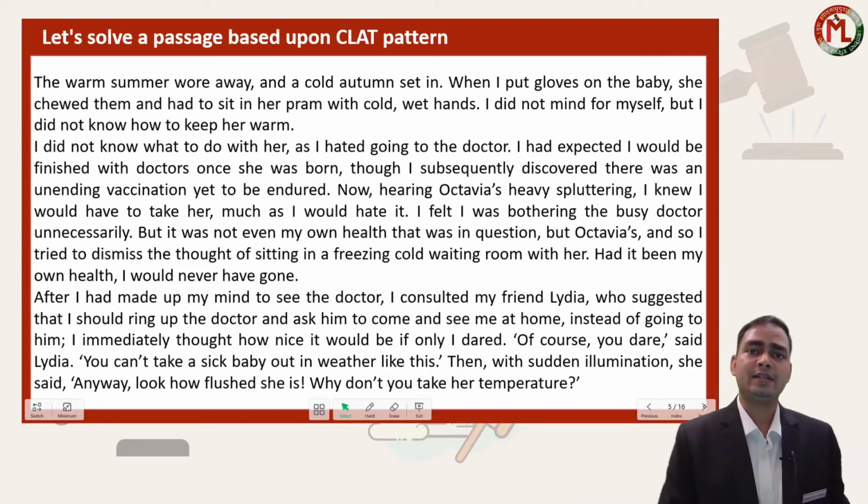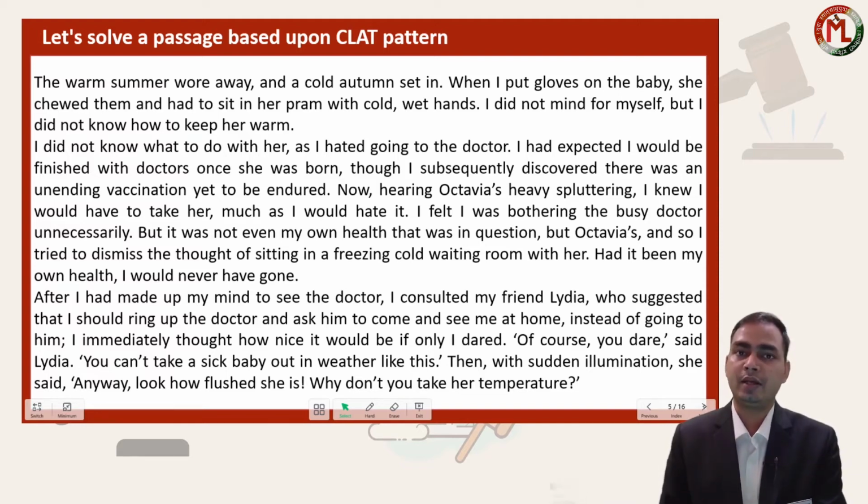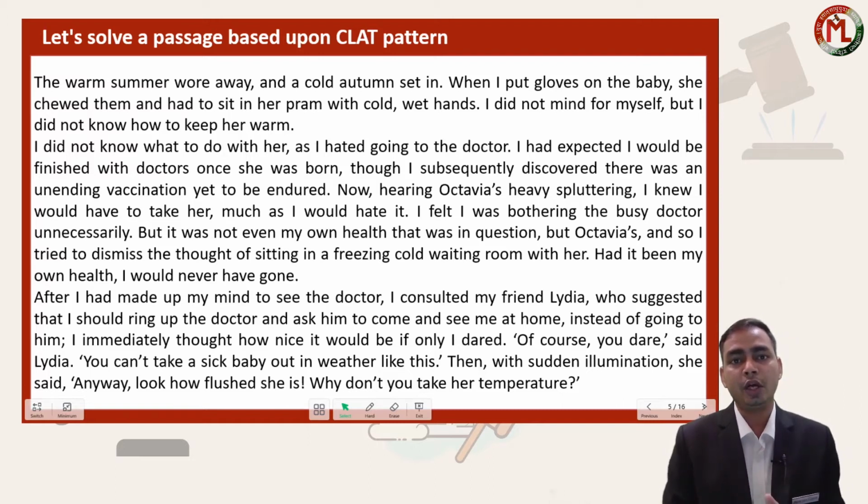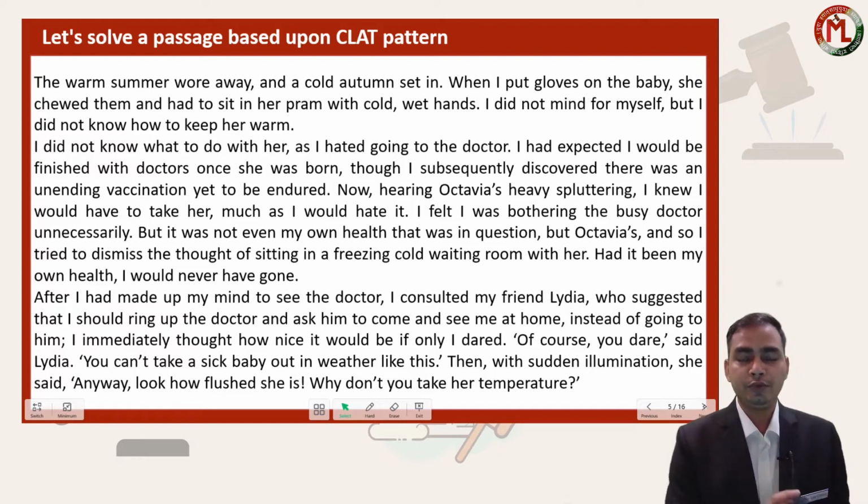Instead of reading the whole passage and understanding each word, you need to understand what is the demand of the question maker, because the target for you is not to comprehend the passage fully. You have to answer the questions within the time frame which has been given to you. So if you start focusing upon understanding each and every word, you might end up wasting a lot of time. So I recommend that you read the question first and then the passage, so that you can answer the questions within the given time frame.